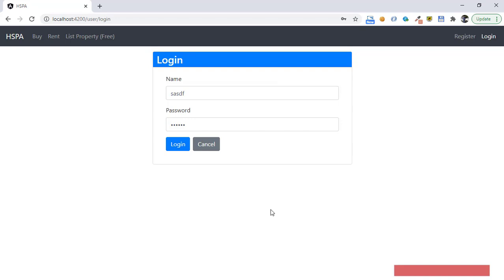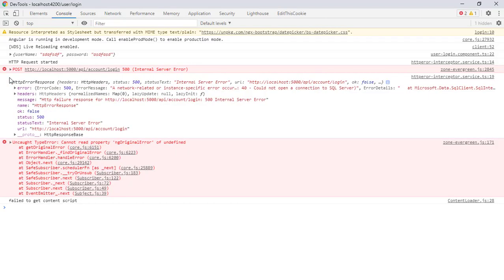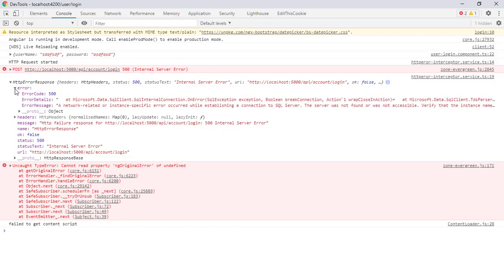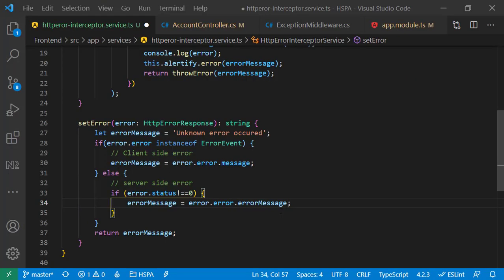But we are still getting a blank error. Let me check the node. Maybe I have made some spelling mistake. Yep, got it. We are returning these 3 properties in Pascal notation. The first character is capital, but if you look at the other nodes, we are getting node names in camel case notation. So either we have to use Pascal notation here as well, and if I change the first letter to capital here, we should correctly fetch the error.